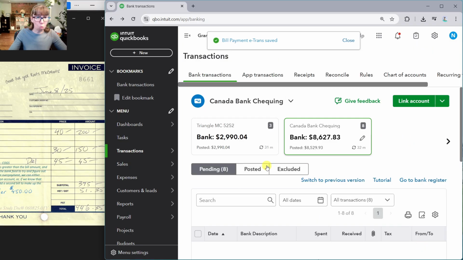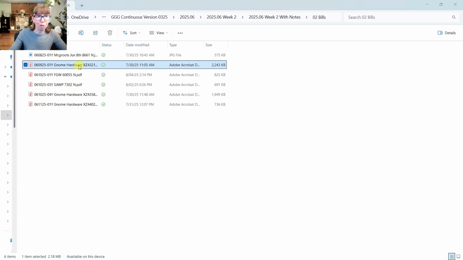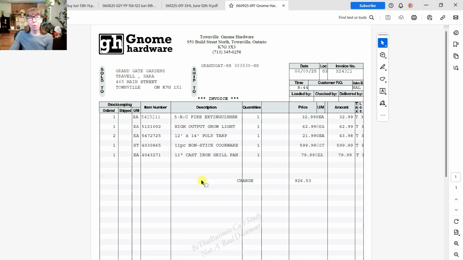We're going to see what the next item is in our folder. So we have a Gnome Hardware bill. Let's take a look. Here we have a bill from Gnome Hardware. We can see it's charged to the account. As we look at what was purchased, we see an extinguisher, a grow light, a poly tarp, but then this 11-piece non-stick cookware and the cast iron grill pan give me pause